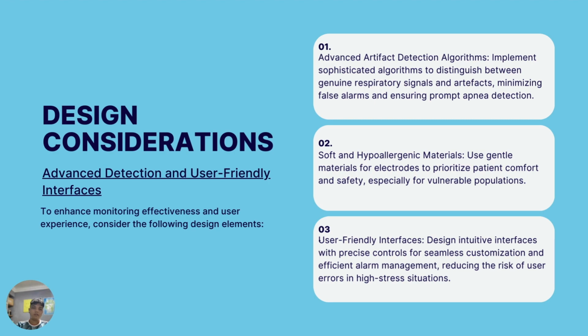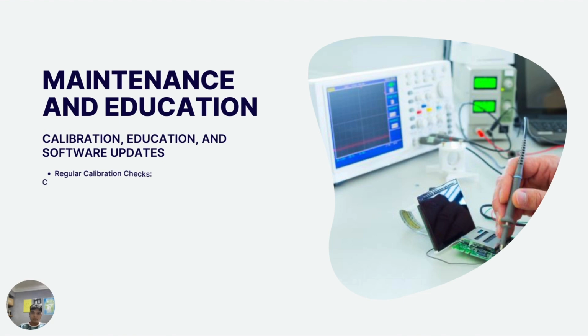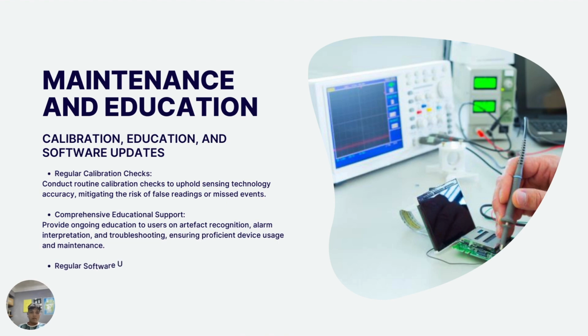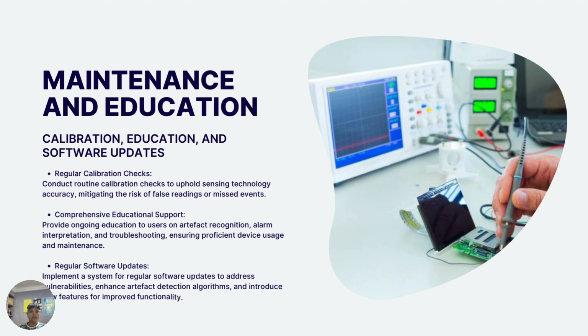For maintenance of the apnea monitoring system, it encompasses several critical practices to ensure optimal performance and reliability. Regular calibration checks are essential for maintaining the accuracy of sensing technologies over time. It ensures that the monitoring system continues to provide precise and reliable data, foundational for accurate apnea detection. By implementing routine calibration schedules, healthcare facilities can mitigate the risk of inaccurate readings and enhance the overall reliability